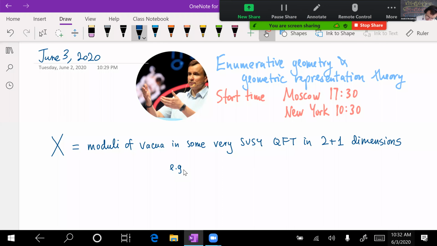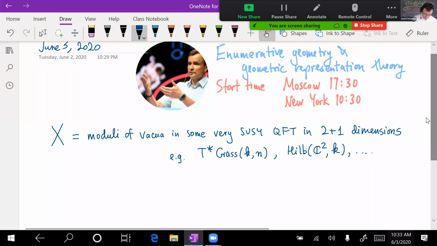So e.g., we were talking about the cotangent bundle to the Grassmannian of k-dimensional subspaces in n-dimensional space, or the Hilbert scheme of k points in C^2, and so forth. And so there are two general remarks about it. And one is this always wants to be